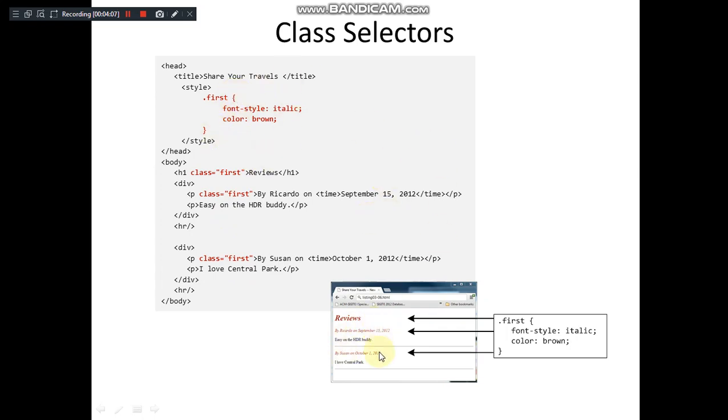When you see the output, you can observe that the heading reviews is appearing in italics and in brown color. Similarly, this particular paragraph is also appearing in brown and italics. So this way you can apply the same style to multiple elements, even though their type is different, right? One is a heading tag, the other is a paragraph. We have the possibility to group the elements based on their class, not only on their name.